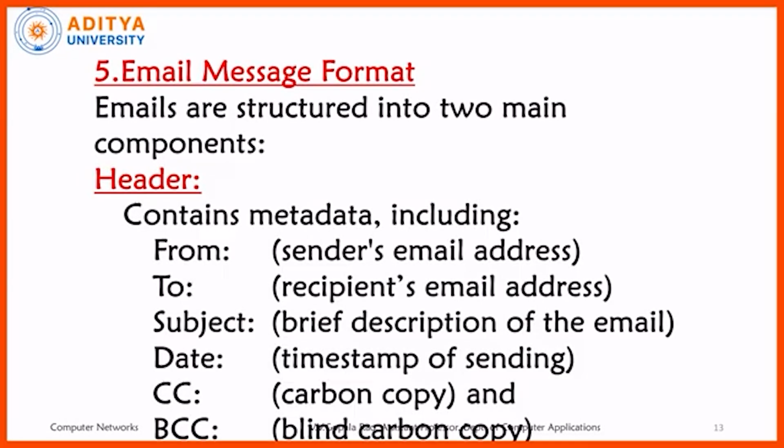And the next thing is how the mail should be constructed. As shown in the figure, the mails can have a header. The header should include the from address, that means from where the mail is originating, and the to address, that means the recipient's mail address, to whom we are addressing the mail, and subject, that means a brief description of what reason the mail is meant for. And a timestamp is also there, which shows when the mail was created. And the next is called